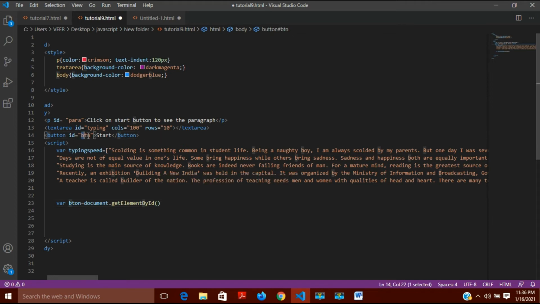I had given this id to it, btn, so I will write it here. Okay, and this will give me access to this button which I have created, and now with the help of this variable I will make it functional.